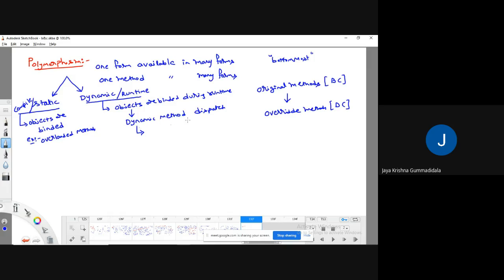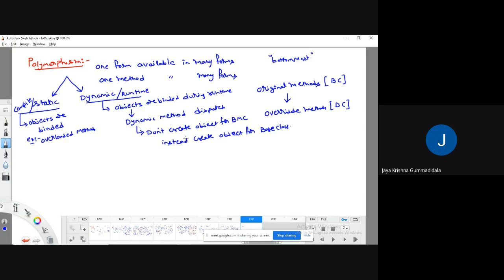But dynamic method dispatch is saying don't create an object for the bottommost classes. Instead, create an object for the base class, so that through that base class, I can refer to the required derived class methods.